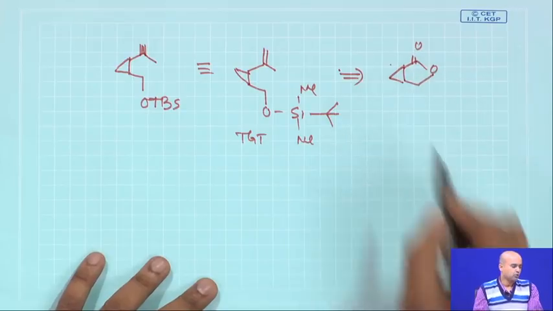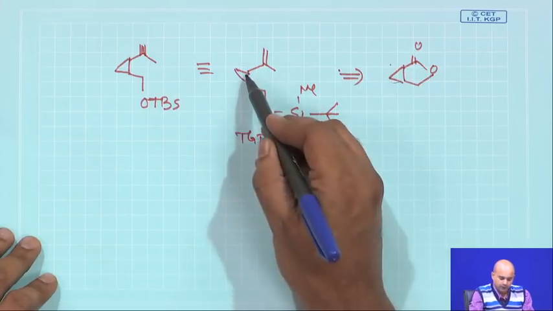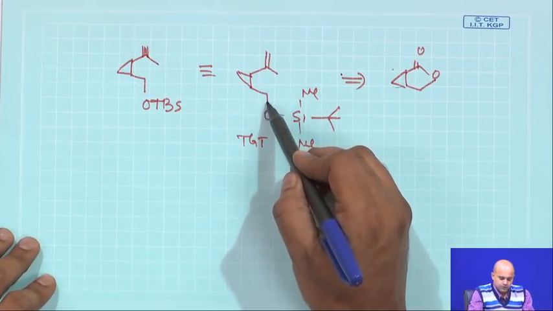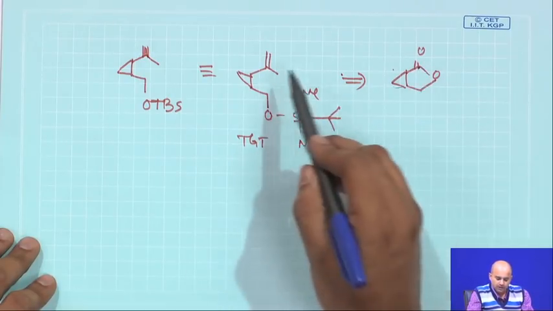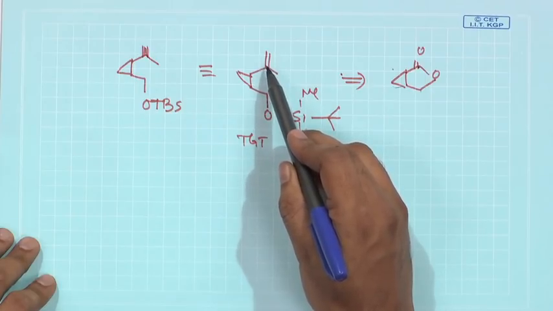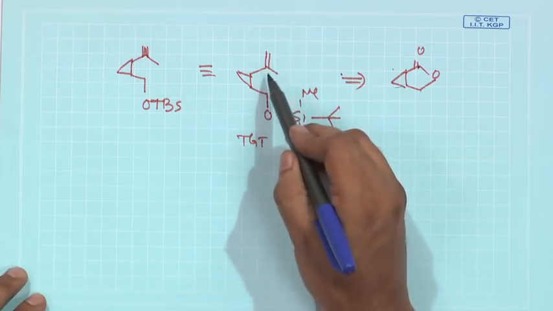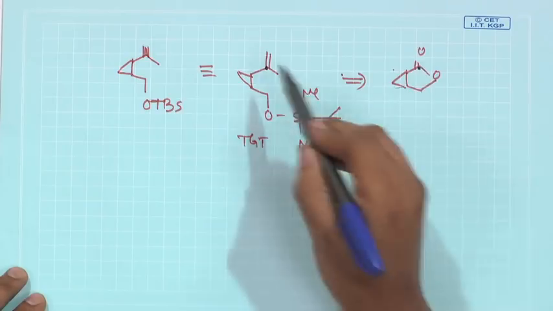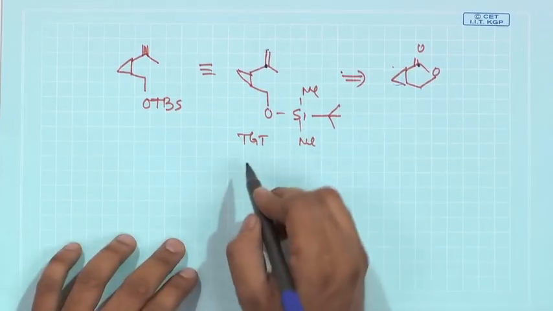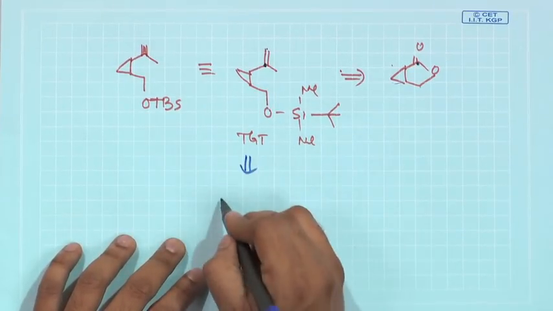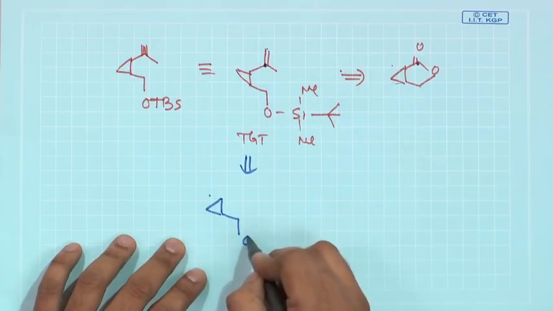The starting material which was given to you is this lactone. If you see, the cyclopropane part was there, and this part is a protected CH2O. You need to introduce an extra group here, that is the only thing. How many carbons do you need to add? One carbon is already there, you need two extra carbons. Now, if we go back along the retro pathway, we say that this compound can be prepared starting from